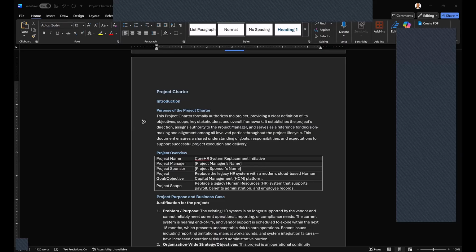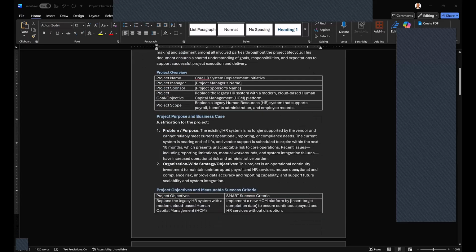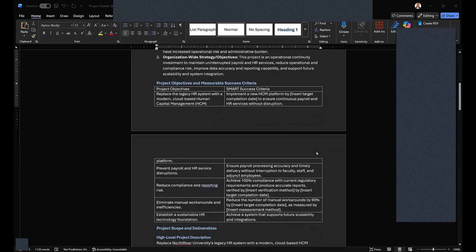So it's pretty straightforward scope. Like I mentioned, just replace this legacy system before we lose any payroll or benefits, admin, employee records information. So justification, like I mentioned, it's no longer supported by our vendors. It will reach its end of life within the next 18 months. In terms of the deliverables,